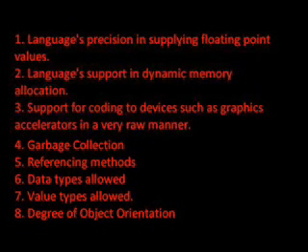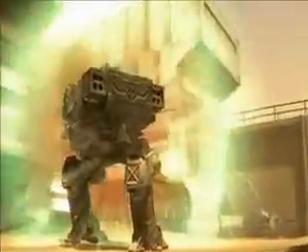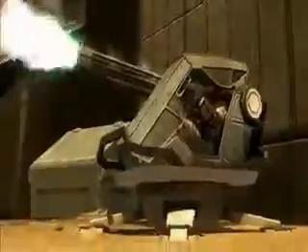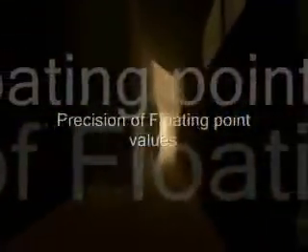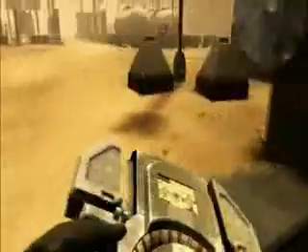A 3D game requires a variety of mathematical computation, and it is by no means an easy task to make sure that distances between you and your enemy are correctly calculated, or to calculate accurately the time that you need to control the situation until reinforcements arrive when you're under attack, or map the textures on the walls and guns that you see in the game without overlapping them so that you see the wall and the gun together. Now, all of these things are handled by the amount of precision that you get through floating point values, and a language has to provide extensive and strict support for floating point values if you are considering it for